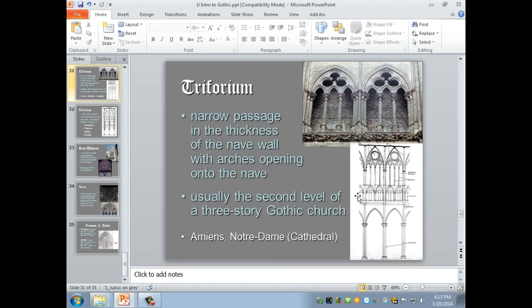The rose window, we've already talked to you about that. It's a circular window, a round window, and it has this patterned tracery. The tracery here is made out of stone, and those are the decorative stone elements. And they're arranged in a petal-like formation, so that's why it's a rose. And the example I'm showing you is from the north side of the north transept of Paris, the Church of Notre Dame de Paris, or the Cathedral of Paris, from the outside and from the inside.